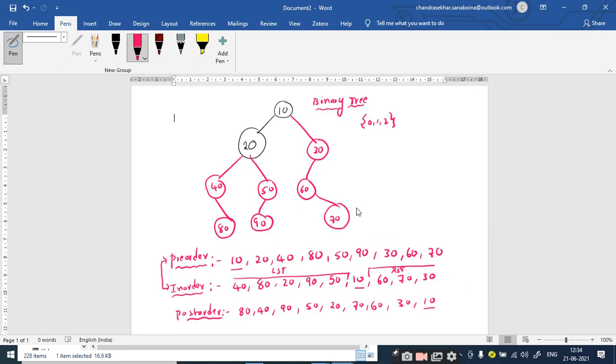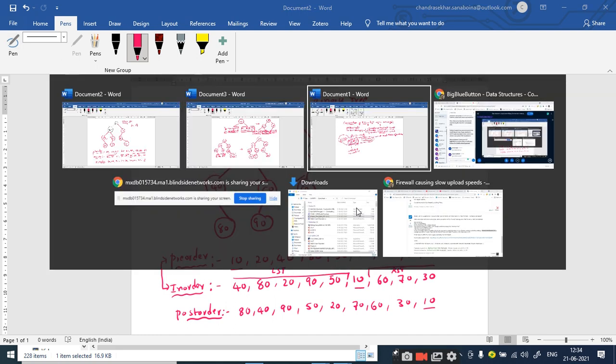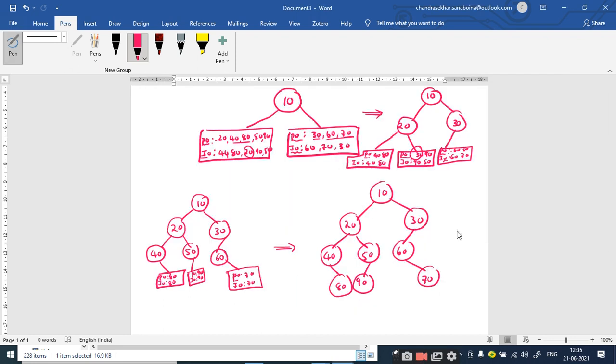So 40 has the right child, 50 has the left child, and 60 has the right child. Did I get it or not? Yes, sir. Right. So this is how you construct the binary tree from the given in-order traversal and pre-order traversal.